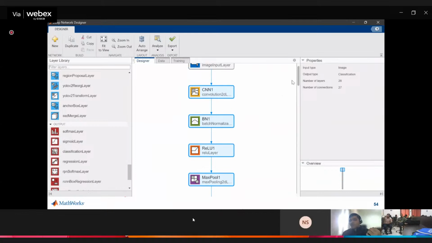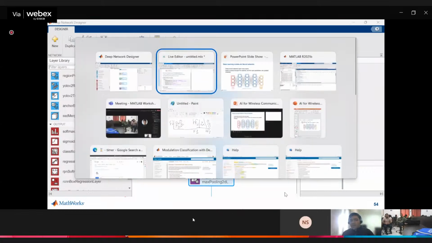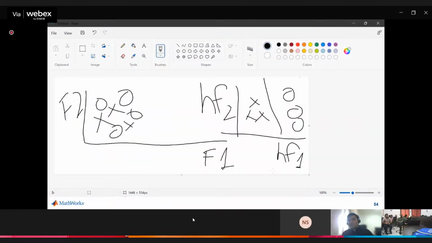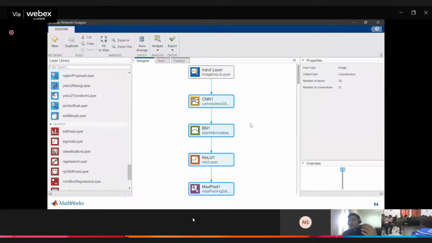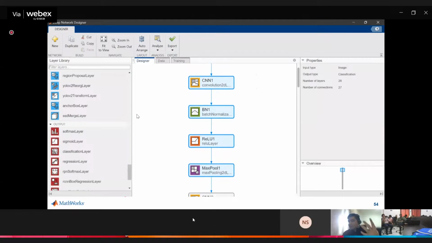Now what does this do? You remember I had drawn something like this. What the neural network is trying to do is take in some input data and map this to some sort of output where it is separable, right? What is happening in these convolutional layers, batch normalization and ReLU layers is that they are taking in this input. The first set of these layers is trying to do one operation where it is looking